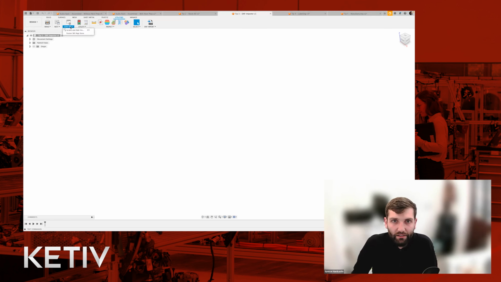Apologies. I've gone to add-ins and I've gone to the App Store. I've done a search for Dxf Importer, and then I've turned it on in the add-ins area. Now, what that gives me is this little button here on the end, Dxf Import. What this allows me to do is import multiple Dxfs at once